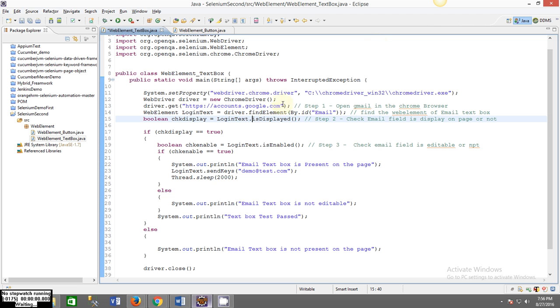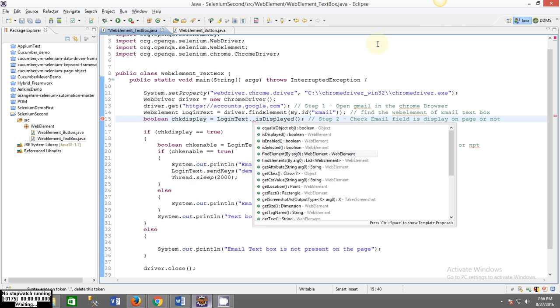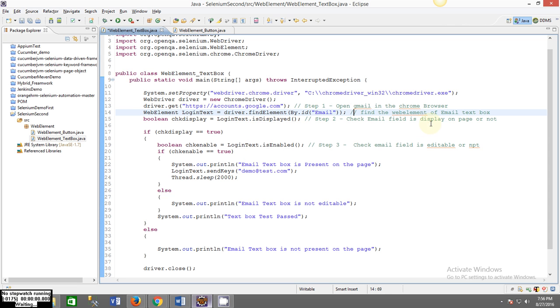Now login text, and when you click just dot, you can see all the methods will be available. You can perform with this element. So I wanted to check, this is my step 2, check the email field is displayed on the page or not. This method returns a boolean value, true or false. Once it is true, it means this element is present on the page, and I can do certain actions on that. Okay, so now my third step is, once it's displaying, yes it is displaying,